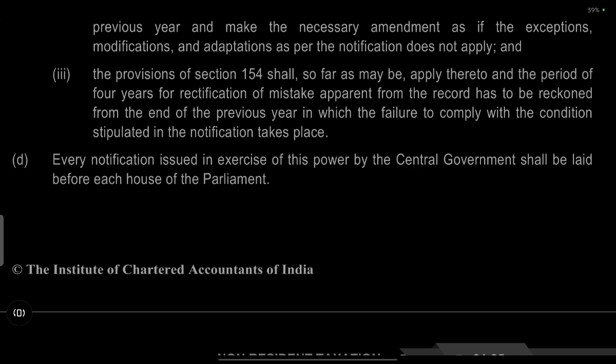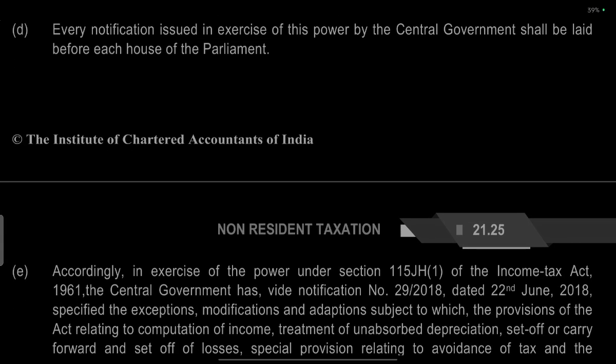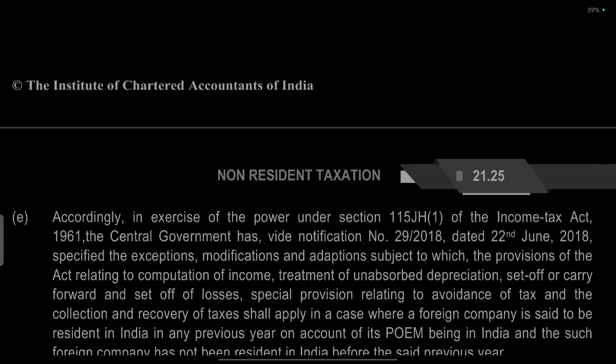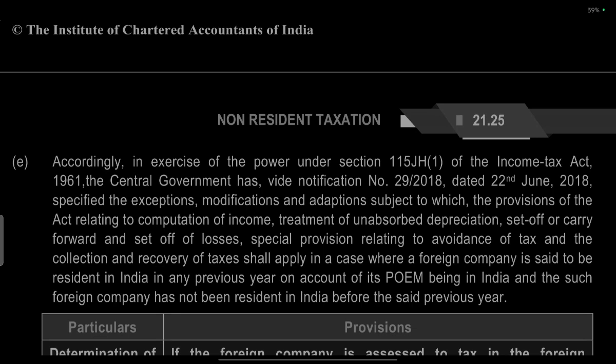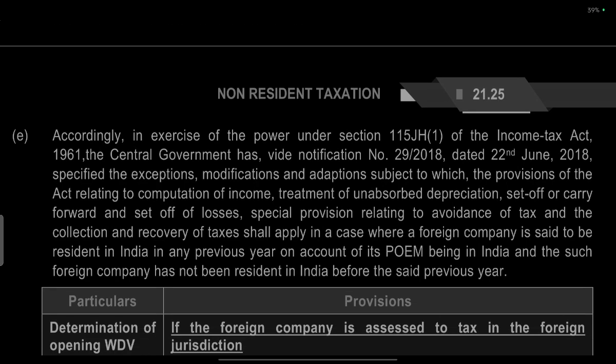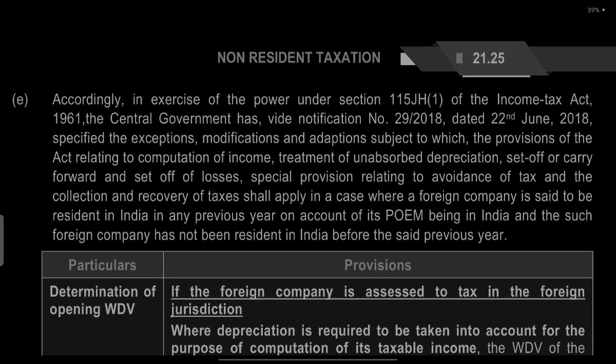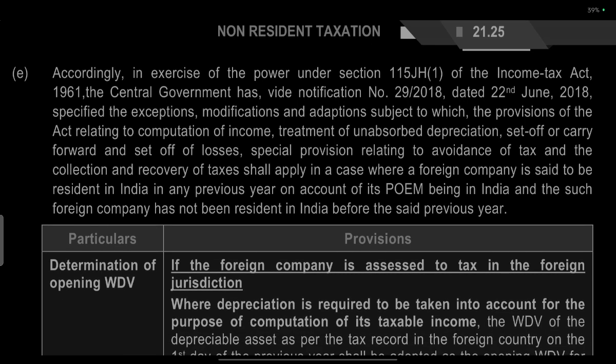Every notification issued in exercise of the power of the central government shall be laid before each House of Parliament. In exercise of the power under section 115JH of the Income Tax Act 1961, the central government has issued notification 9/2018 dated 2nd June 2018, specifying the exemption, modification and adaptation subject to which the provisions of the